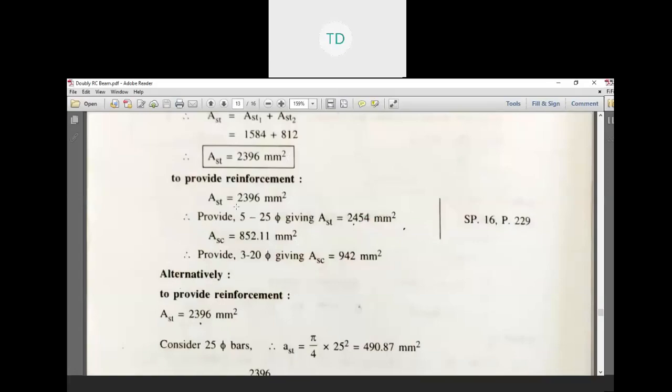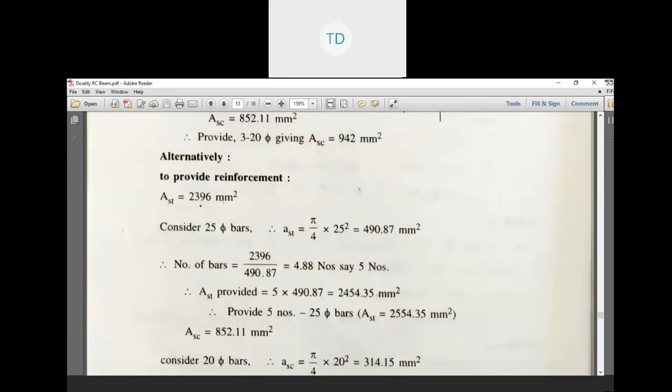There are fixed sizes of bar available in the market like 8 mm, 10, 12, 16, 20, 25, 30, 32, etc. But we use the equation pi by 4 d square, so we get the particular diameter bar's area, multiplied by the number of bars, and we get the total area. Similarly, for ASC, to provide 3 numbers of 20 diameter bars,